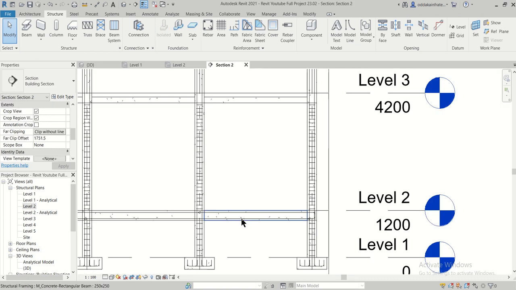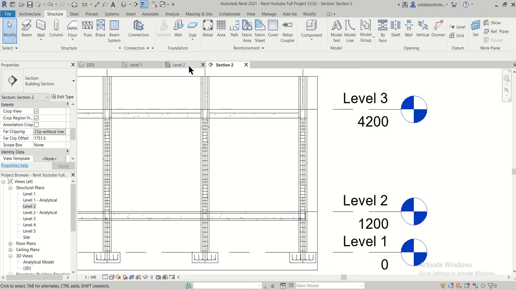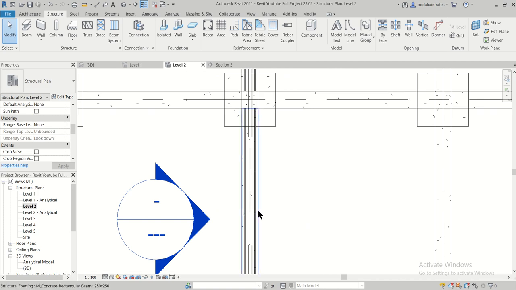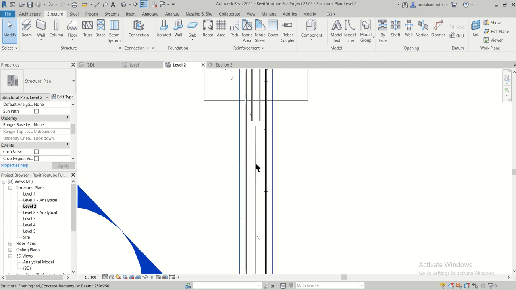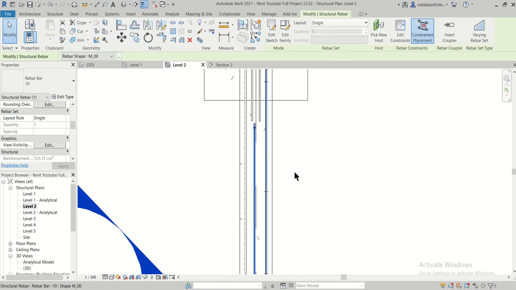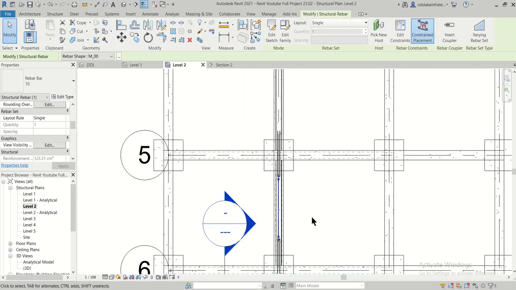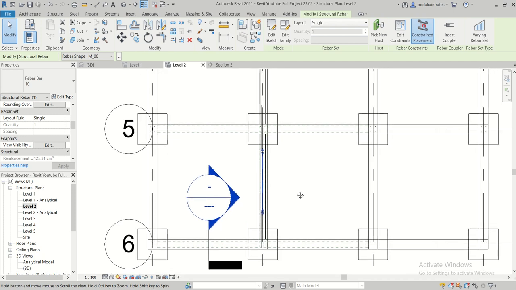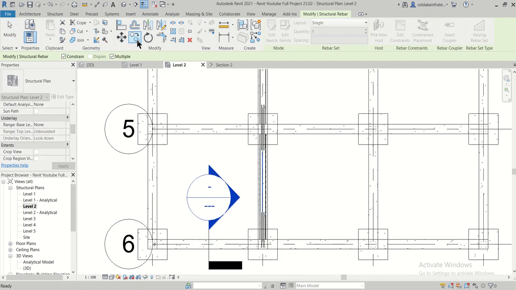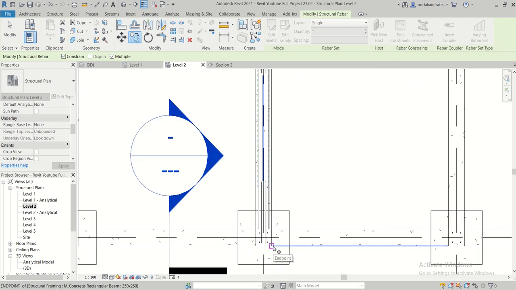So when you go to level 2 once again and click this particular center beam, after that what you can do is we can copy this, and we can choose any suitable reference point for this copy and select this as a reference point.